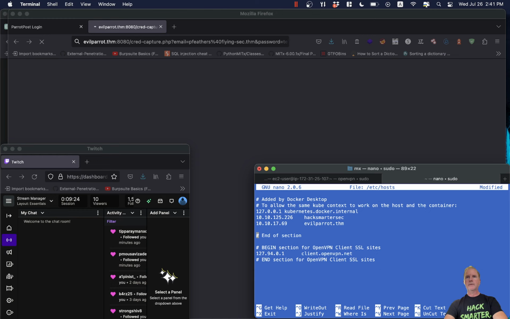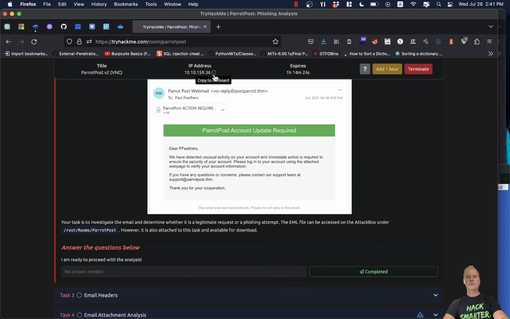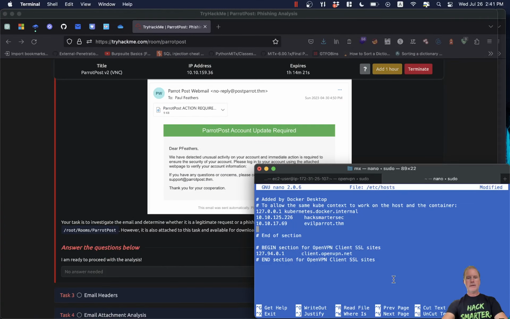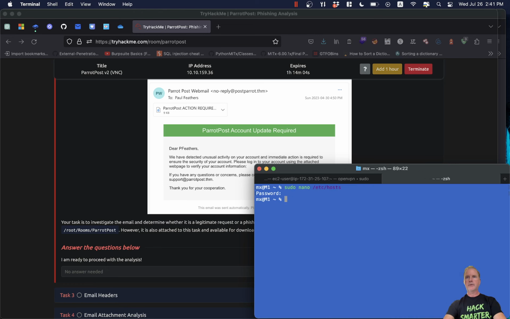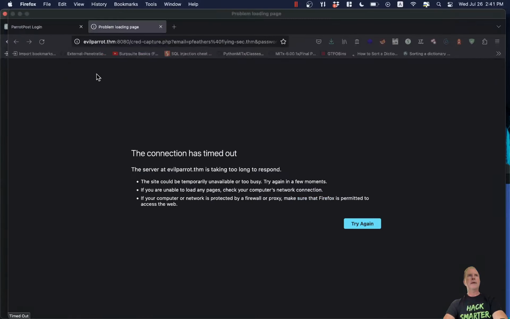So just doing it up here to be nice and neat. Let's capture the room's IP, add that, and actually we can do that up here, right? And now, if everything's working correctly, the way we can verify that is just to ping it, right? And there we go. We got ping. So we should now be working. And now if we reload,